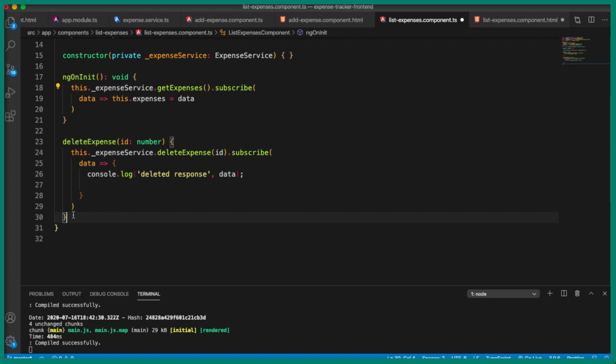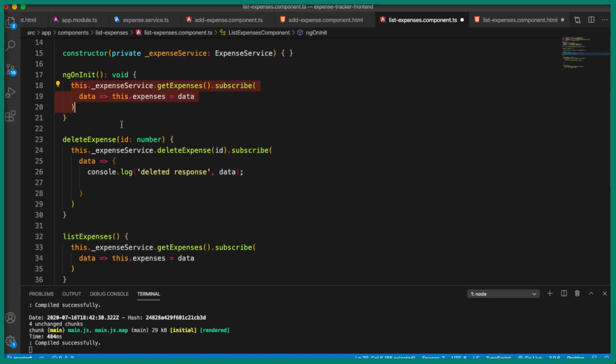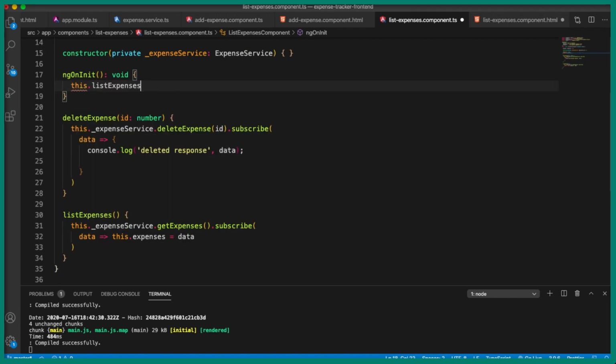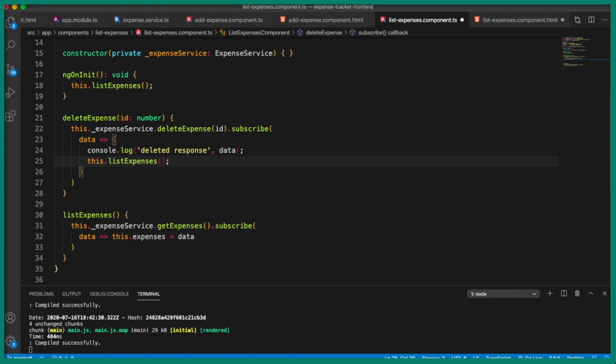For that we can write the code here itself, but instead we would be duplicating the code. What we can do instead is create a common method. Let's say listExpenses. Let's paste the code inside this. So now we are going to call this listExpenses inside this listExpenses. So let's save this,